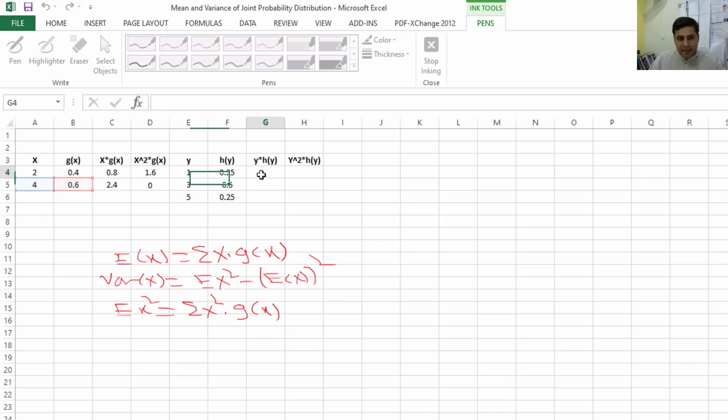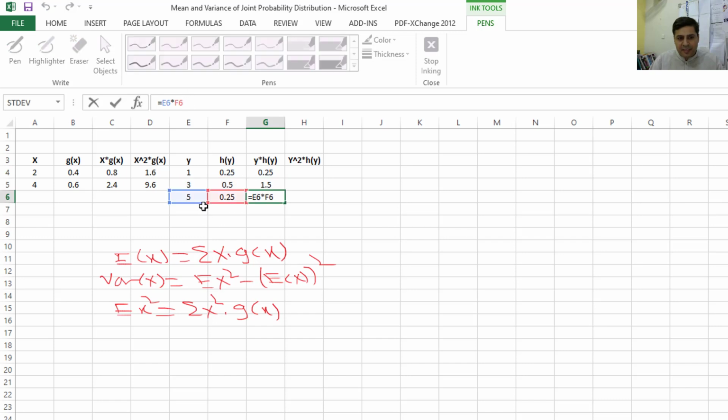Similarly for y, we will also calculate y into h(y). So the random variable y is equal to 1 into its respective probability, which is 0.25. Similarly, you need to drag it down. When you click this, it means 3 multiplied by 0.5.